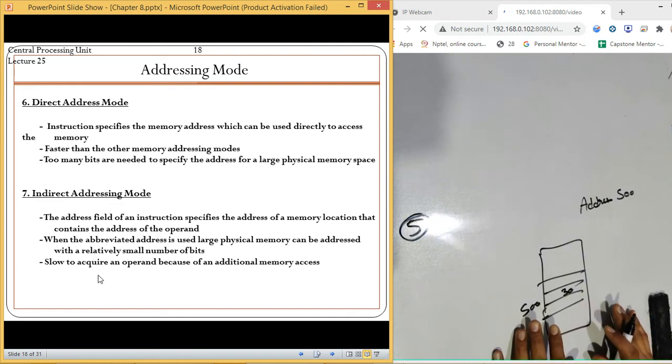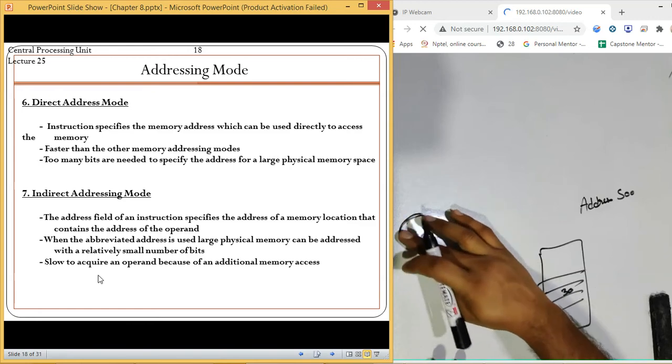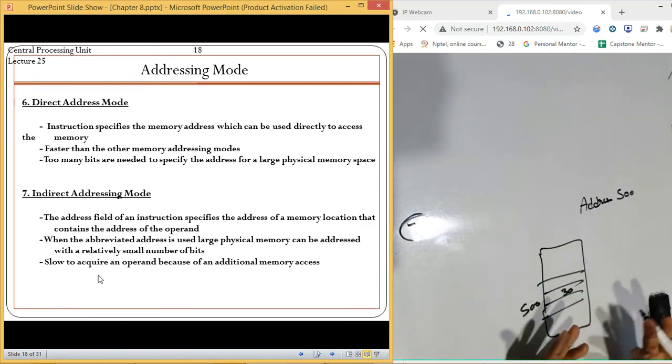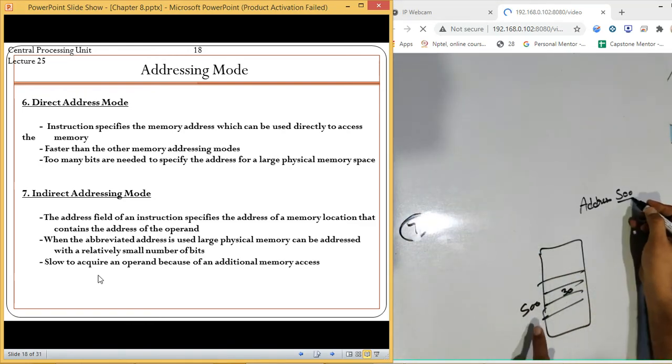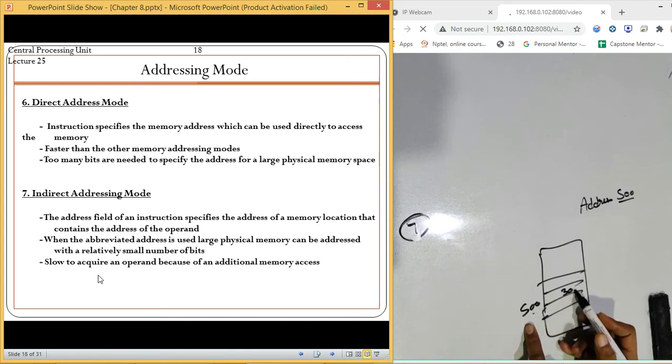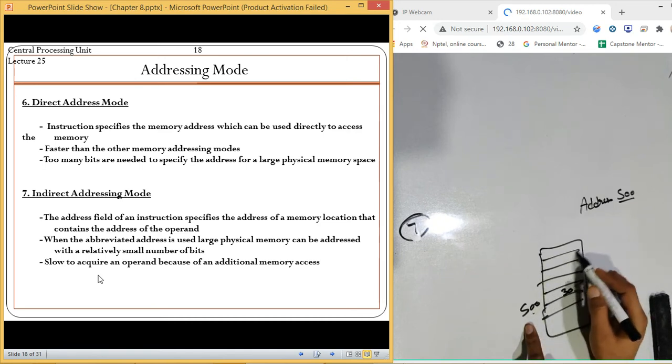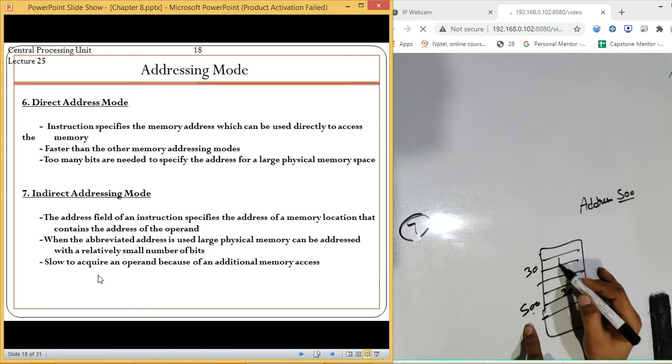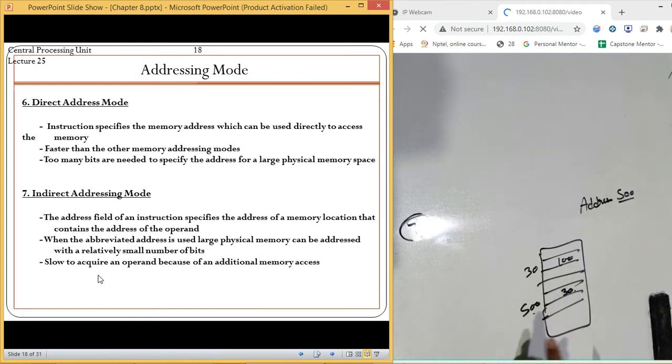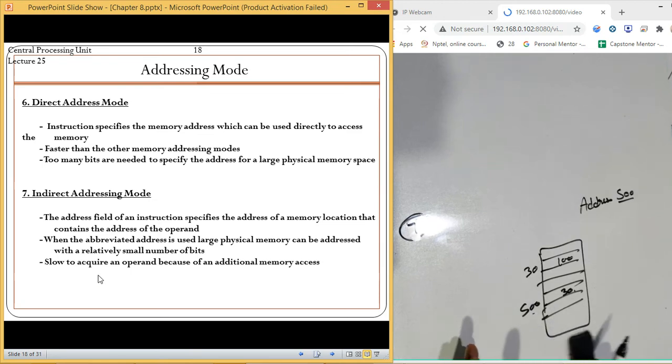If it is indirect address and 500 is mentioned, and at 500 we have mentioned 330, then we will shift to 330 and get the operand. So this will be an indirect addressing mode. It is the same as what we have done earlier.